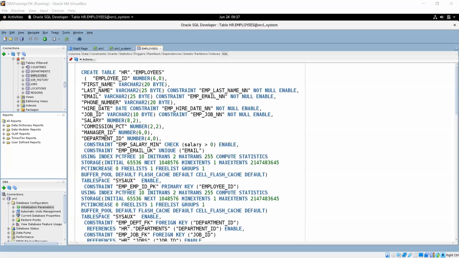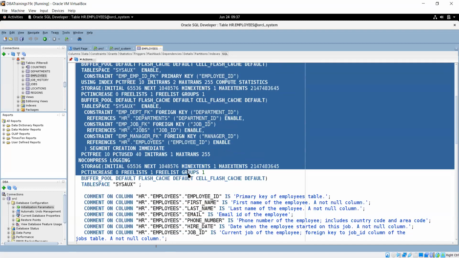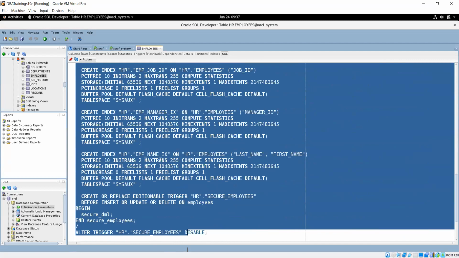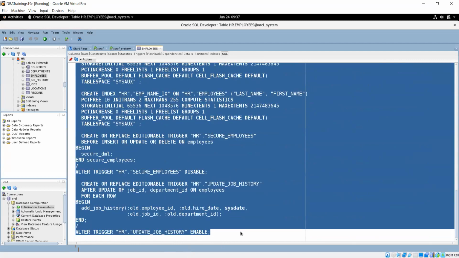It's really good. If I take this table, I can create another table. Sometimes you need to copy the syntax from production to test or dev. So this way also it is possible.